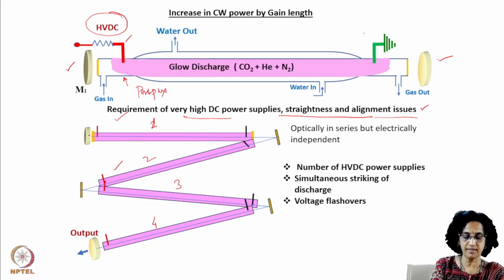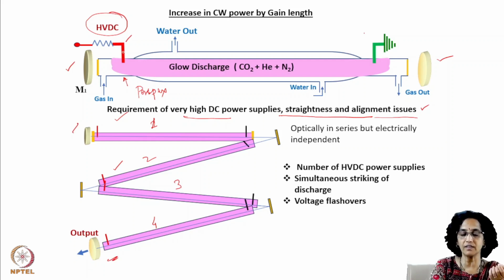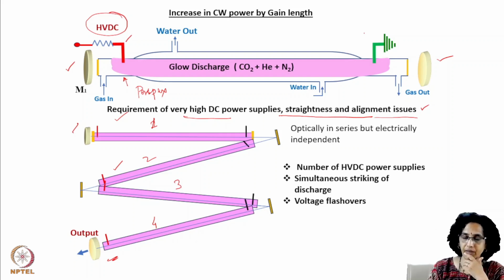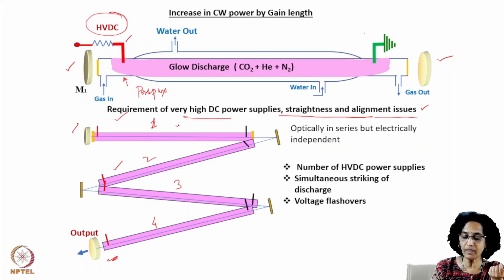You can think that this is one mirror and this is the other mirror. Only difference is that we have not kept them linearly, and we have not used a single power supply. So this is another way. People have tried this also in zigzag geometry, V-shaped geometry, etc. And maybe about 1 kilowatt output with some 7 or 8 segments have been obtained. This is one way, but then the difficulty with this is that we are using so many high voltage power supplies.